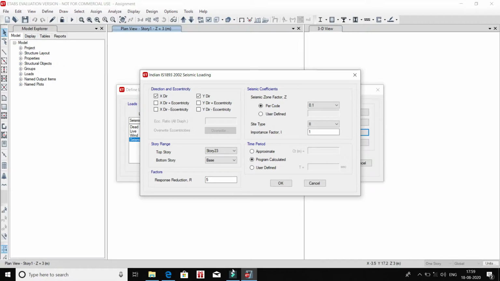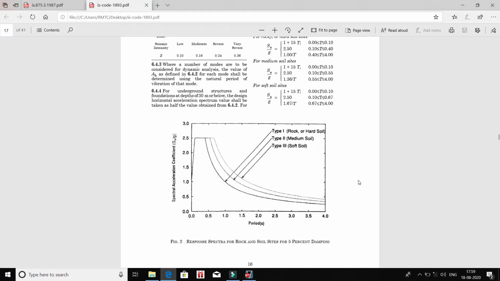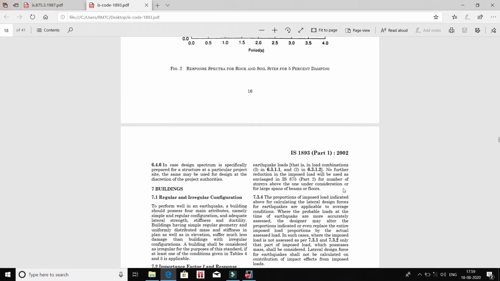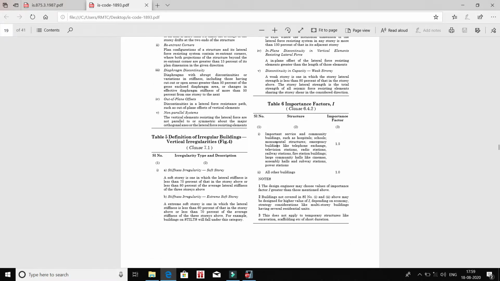Now for importance factor, go to the IS code again and go to table number 6. Here you can see that for hospitals and schools the value of importance factor is 1.5 and for all others it is 1. Our building is a residential building, we assume, so the importance factor is 1.